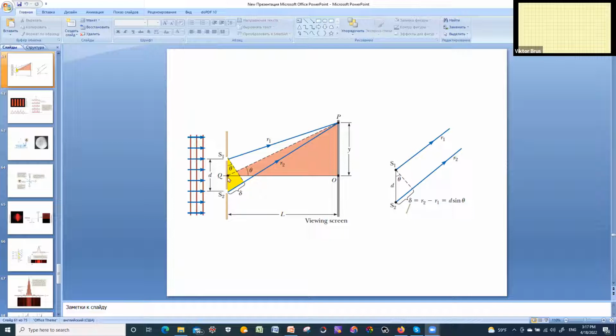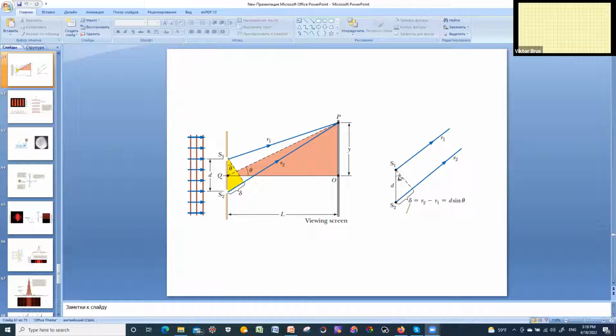We see that the signal, the electromagnetic wave, which travels from S1 to P, marked as distance R1, is smaller than R2, and the difference, this delta, is defined by d, the distance between the slits, which serves as the hypotenuse for this right-angle triangle, times sine theta. So this distance difference